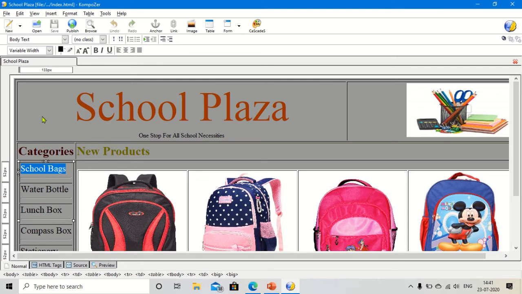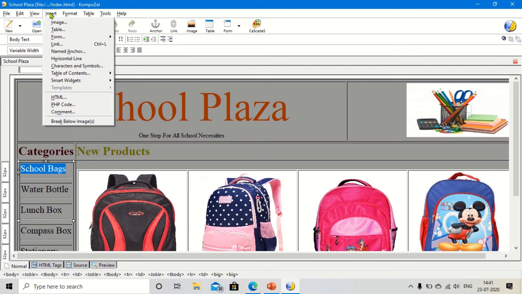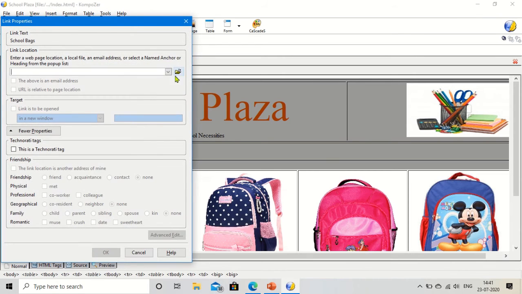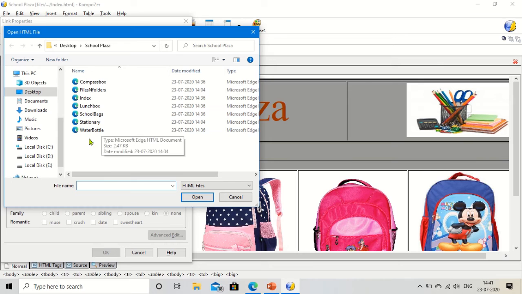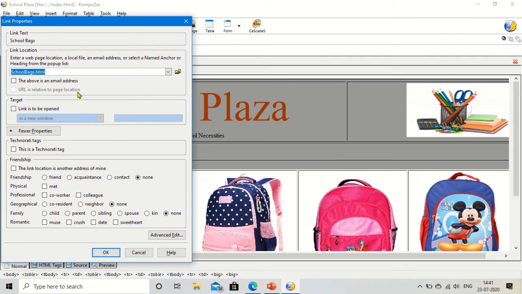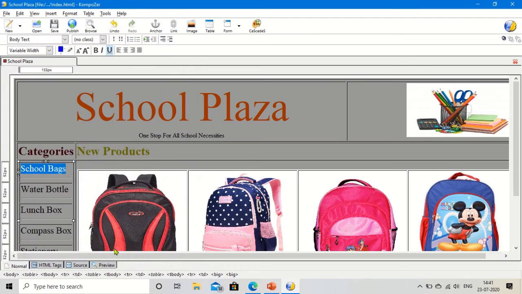After selecting this, I will go to the insert, and then I will click on this link. Then I will select the file, that is school bags, and I will click on the open, and then link to be opened in same window without frame set. So I will select this option, then OK.